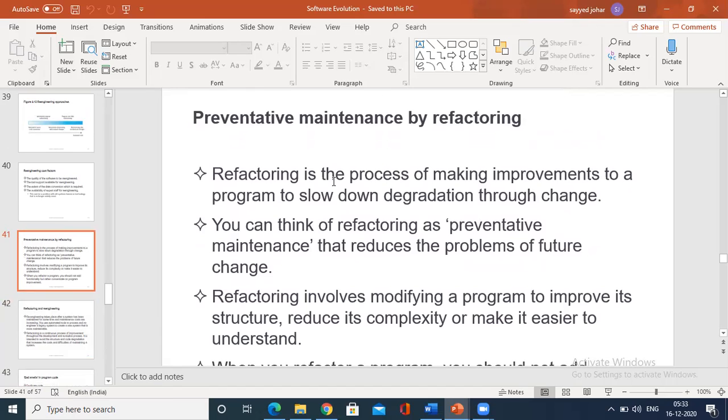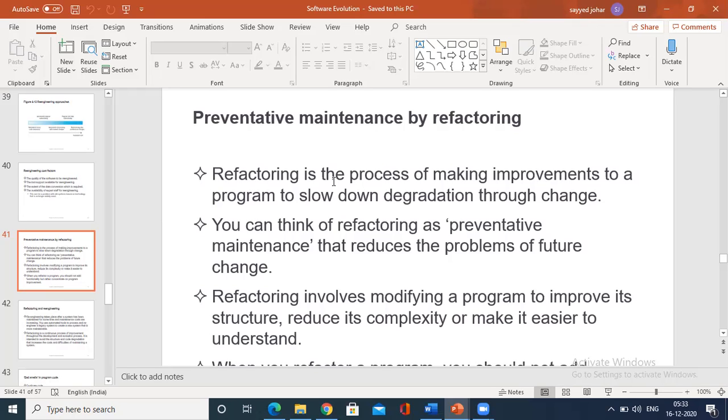Usually refactoring, as you know, is a process of making improvements in order to slow down the degradation through the changes. That is a modification that happens in the current system. You should feel that your system is not being degraded. So it means modifying a program to improve the structure in order to reduce the complexity.